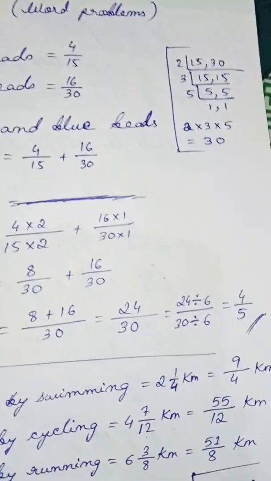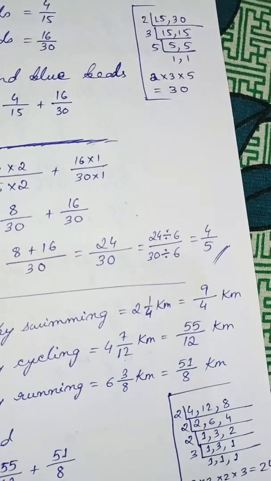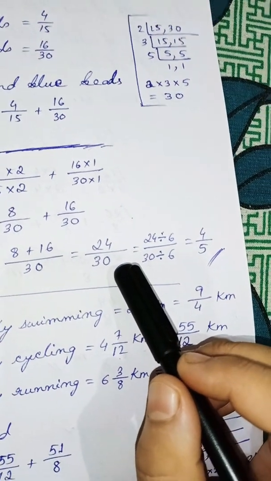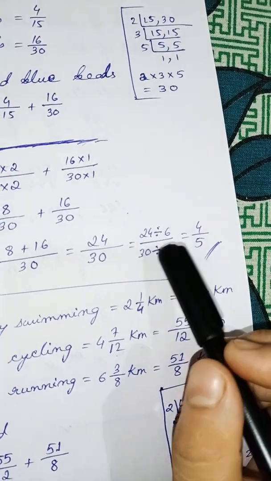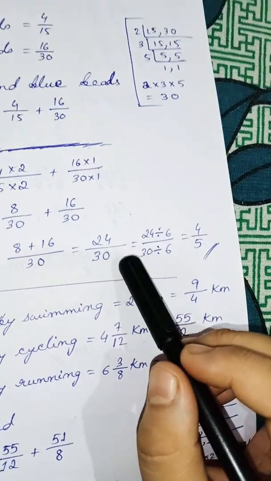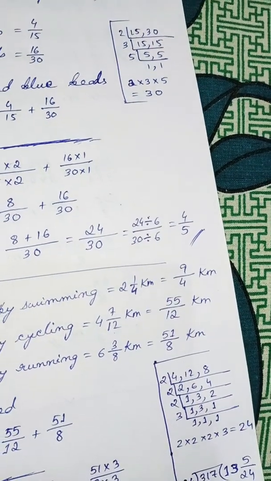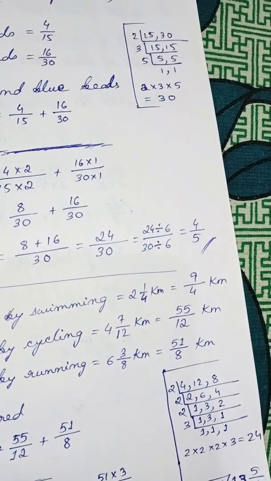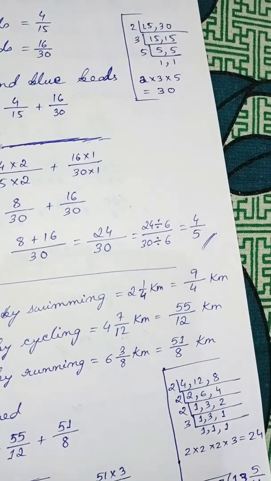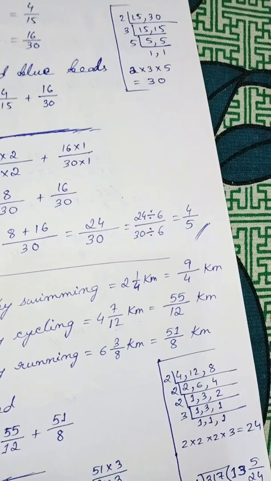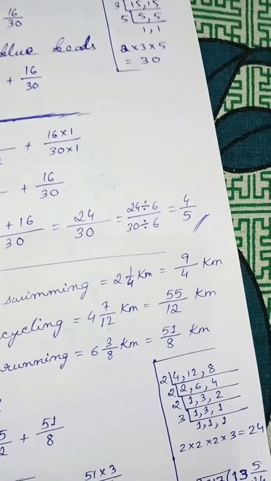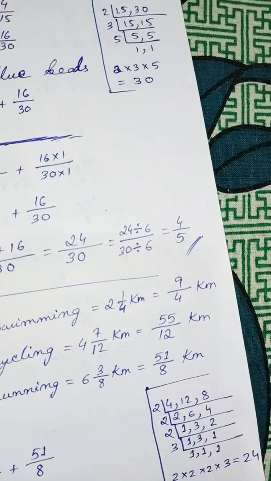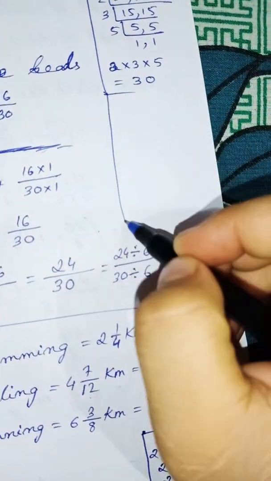Now as I said, if a fraction is reducible to lowest terms, then you have to do it. So 24 and 30 are both divisible by the same factor, that is 6. You can start with 2 also, you can start with 3 also, but as I have already explained in earlier classes when we were converting fractions into lowest terms, it is better if you can do it in one step only. How can you understand how to do it in one step? Suppose I start with 2, it will again go by 3 also. So how can I finish it in one step?